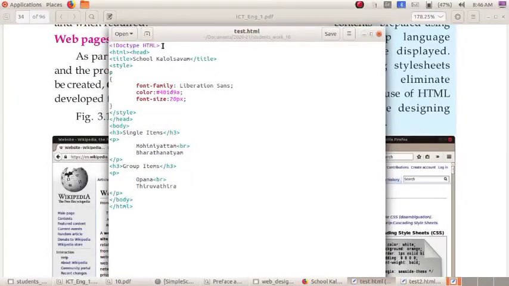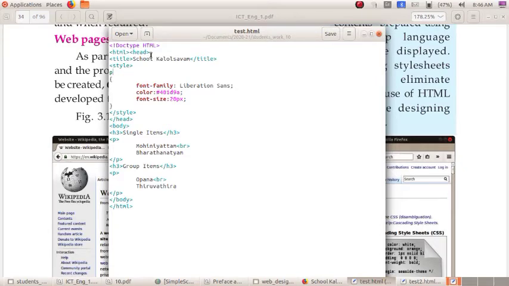All HTML files start with the angular bracket, and here is a line: put an exclamation symbol, then type DOCTYPE HTML. The D must be in capital letters and HTML must be in capital letters. Be aware of that. Exclamation DOCTYPE HTML. Then you can start your tags, that is the HTML tag, then the head tag.